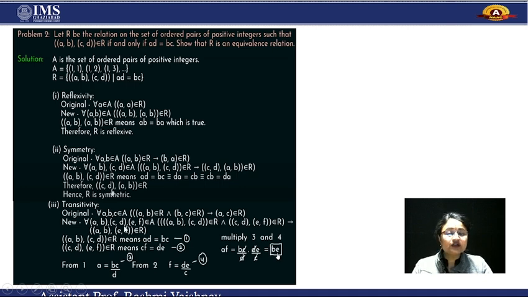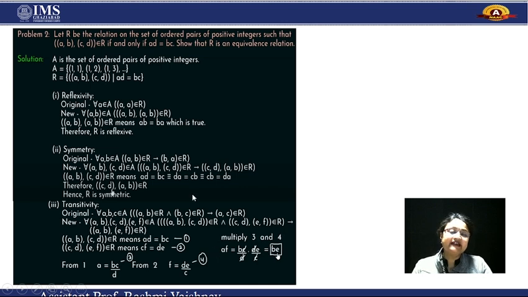Now we have chosen two ordered pairs, AB, CD and CD, EF. So here we can conclude AB belongs to R, CD belongs to R, number one, and CD and EF belong to R. With the help of this, we easily conclude that AD equals BC and CF equals DE. After that, we can find the value of A from equation number 3 and F from equation number 4. You can easily see if we multiply both, that means A and F, we find BE. It totally indicates that the equivalence relation is again satisfied.